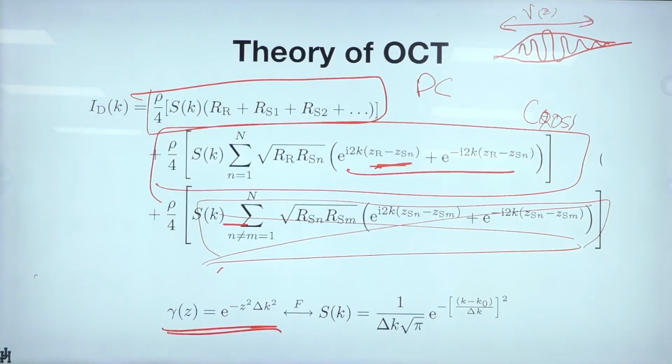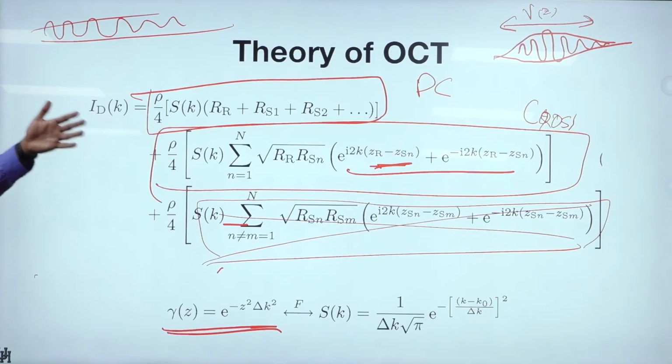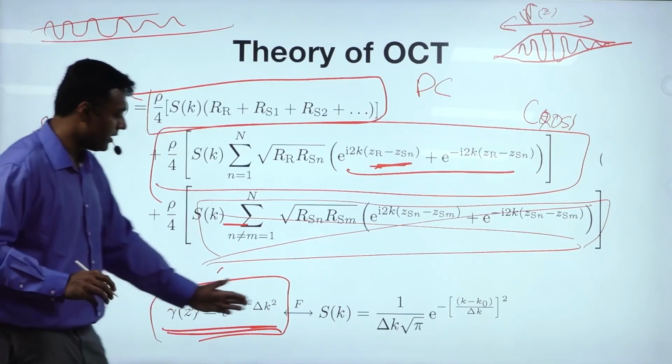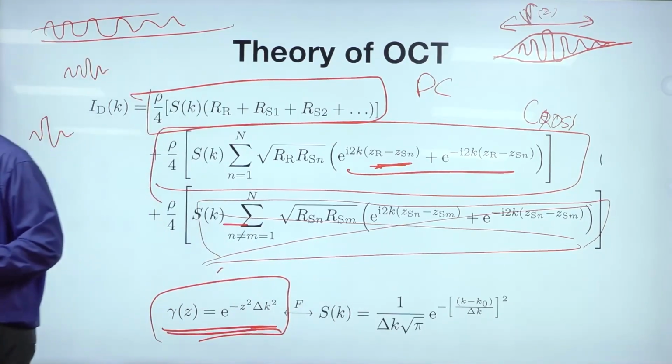If you have just one frequency or one wavelength, it will be infinite in length, right? This will be going on forever. The gamma function will basically be the same. But if you have a lot of frequencies adding up together, then it may be very sharp. Okay, so this gamma function is actually related to the spectrum of